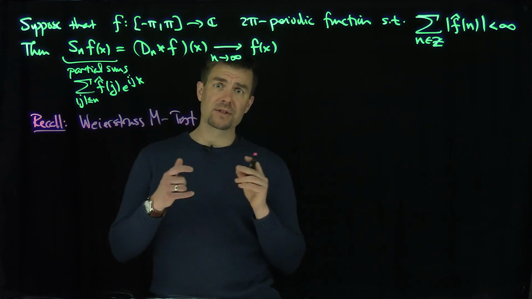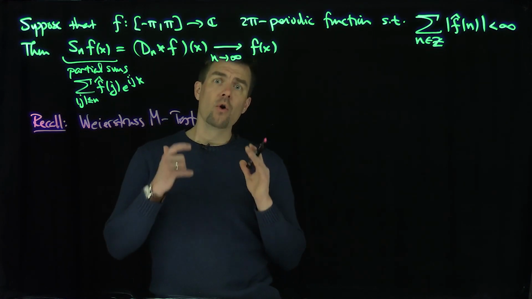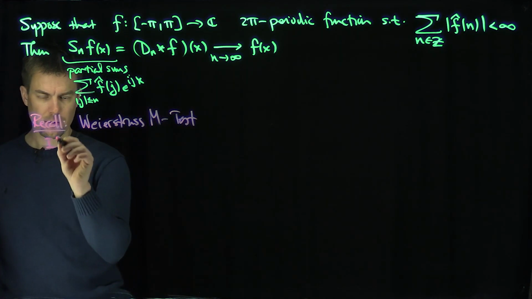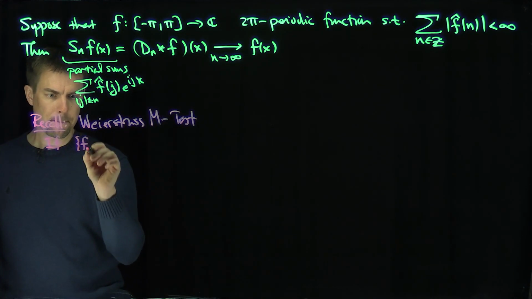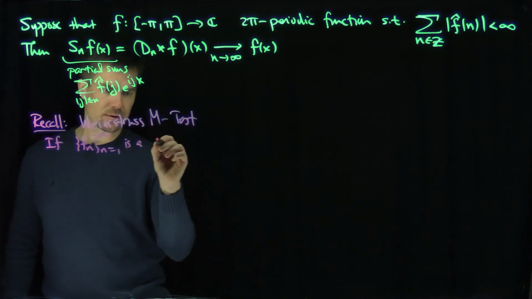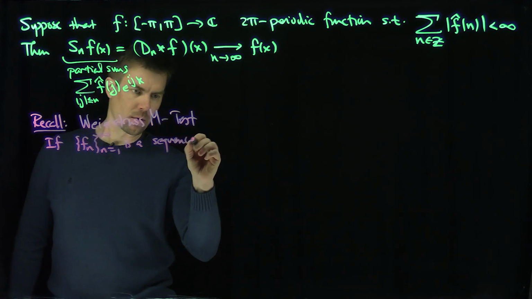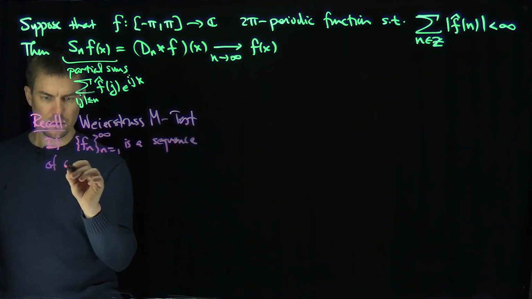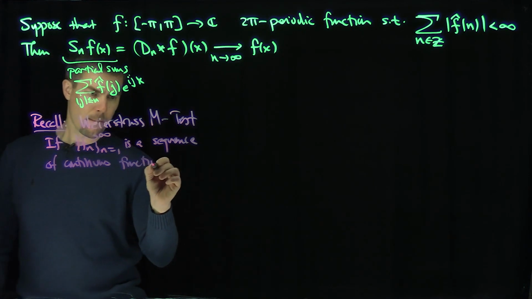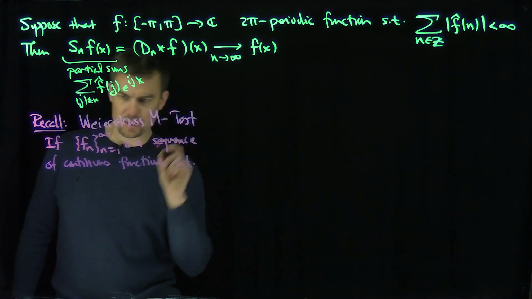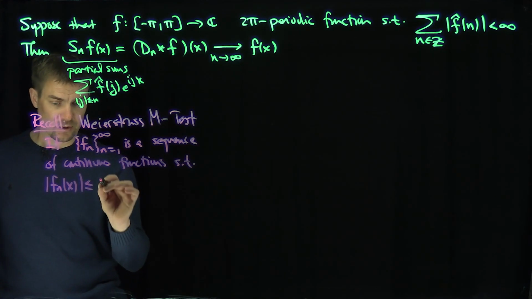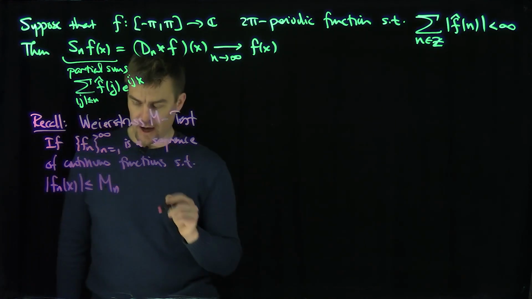It states that if f_n, n goes from 1 to infinity, is a sequence of continuous functions such that the absolute value of f_n of x is less than or equal to numbers M_n